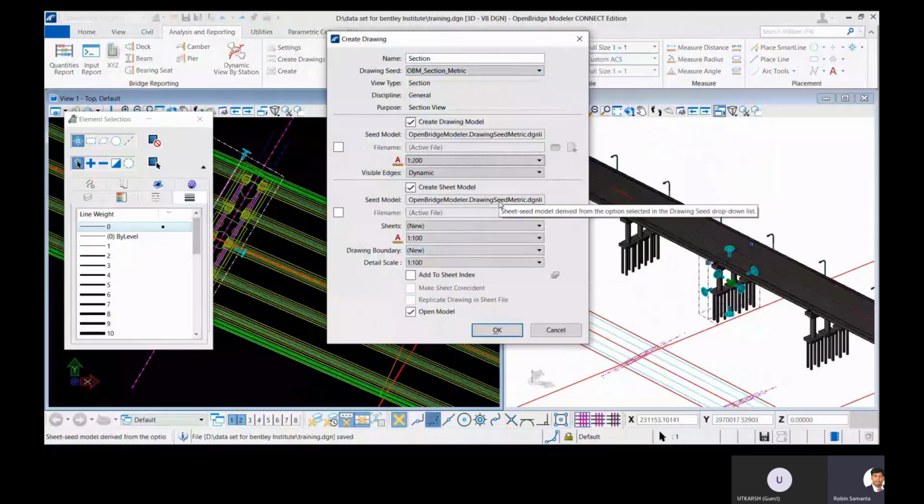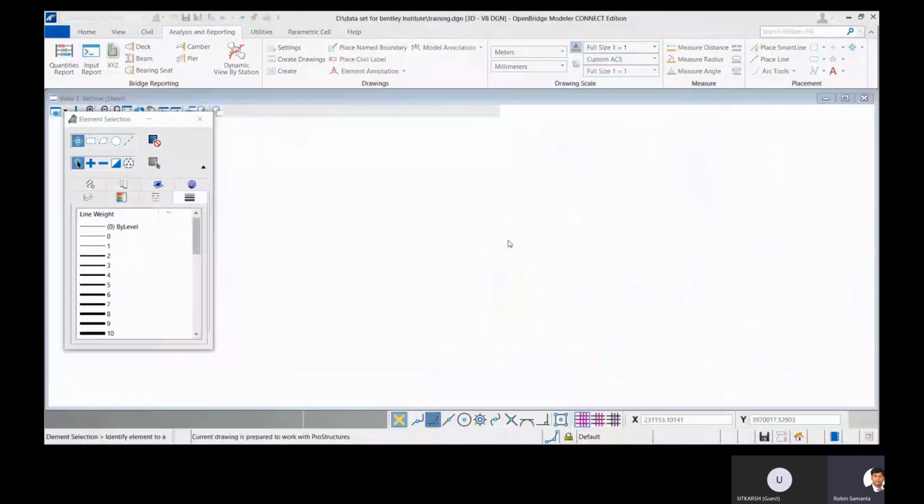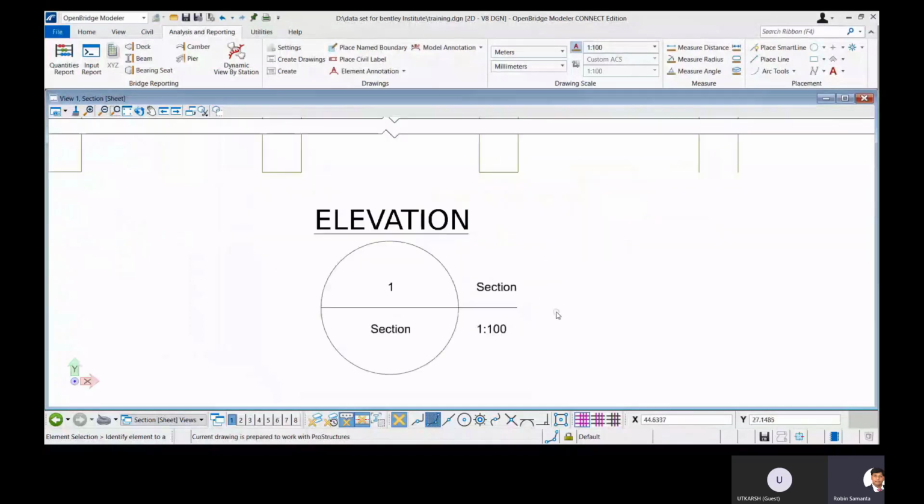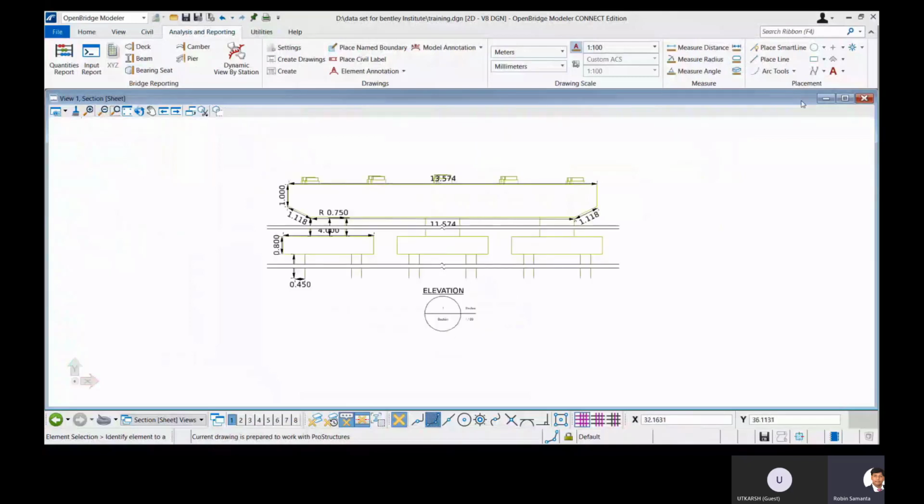You can select your sheet model. This sheet model is already available, and then you select OK. So you can see that the pier cross sections are available for it. As this one is the skew one, you can see that it has taken perpendicular views, and that's why you can see that there are different pedestal swaying animations, right?